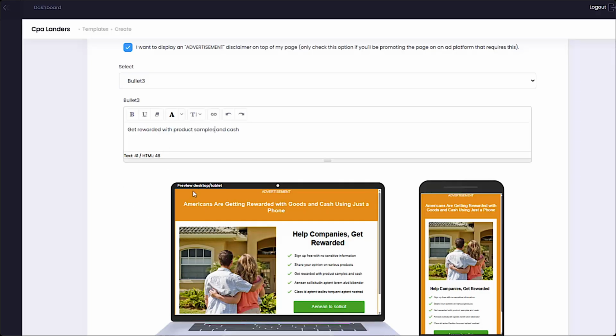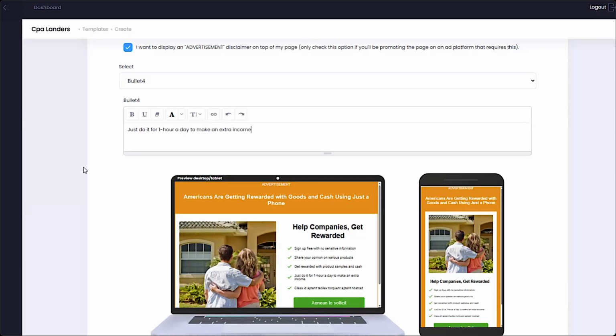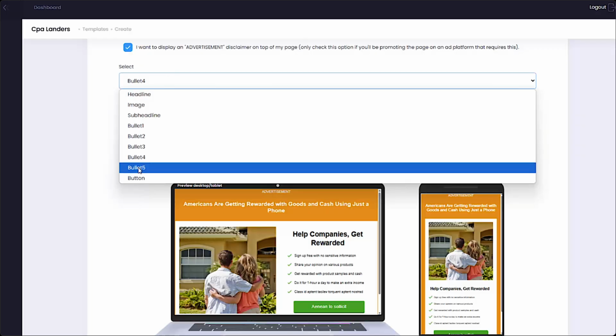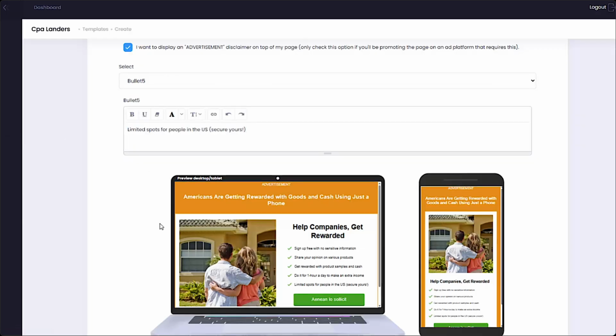I'm going to try to make these bullet points as short as possible. Next one is just do it for 1 hour a day to make an extra income. Let's remove the just to make it shorter. Okay, do it for 1 hour a day to make an extra income. And bullet number 5, let's add some urgency here. Limited spots for people in the US. Okay, secure yours. What I like to do with these bullet points is to bold some parts, because make it